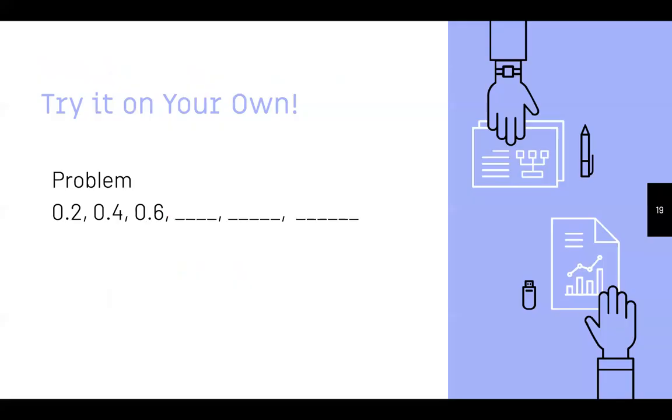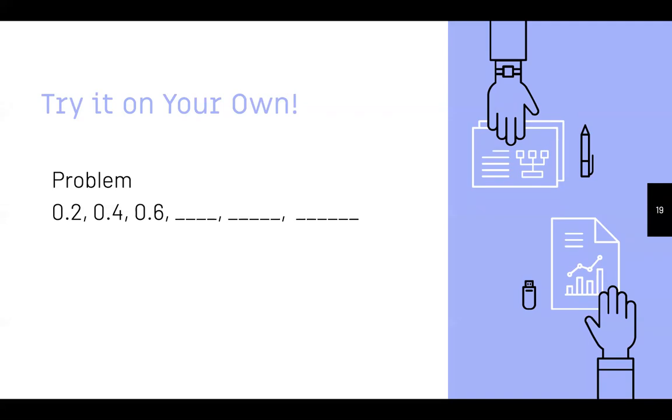So now let's try it on your own. This is a time where, if you're watching the video, please pause the video and try it on your own. What are the steps that you need? First you need to see how much it's increasing by. Then if it's an easy increase, maybe you can just do it right there. Just find those next 3 terms. Maybe you can even multiply each number by 10, make it 2, 4, 6, and find out what the next 3 would be. Or if you're having a challenge with it,